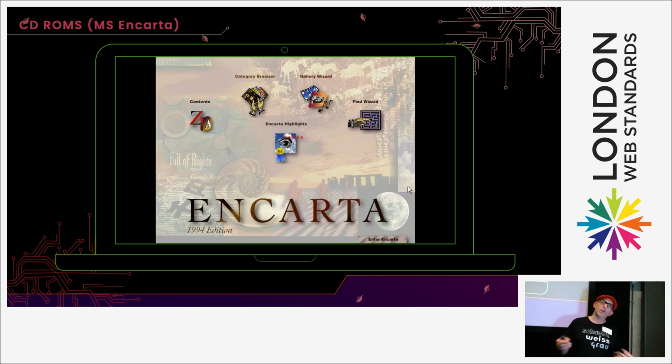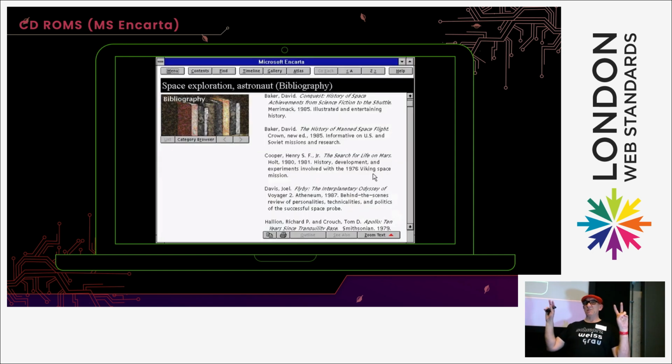But Microsoft Encarta was an encyclopedia. It was kind of like a replacement for the Encyclopedia Britannica, which was a load of rubbish because it was one CD-ROM that didn't really have a lot of data on it, and it was very, very American. But it was kind of cool that you could click on things and things would happen.